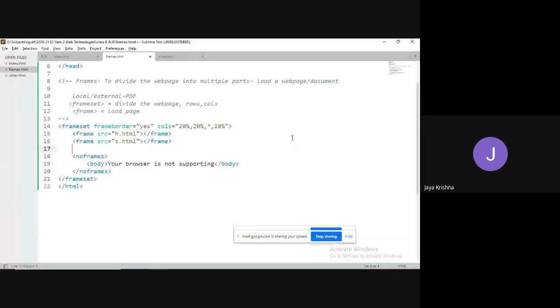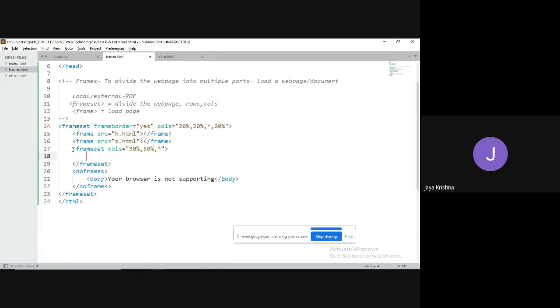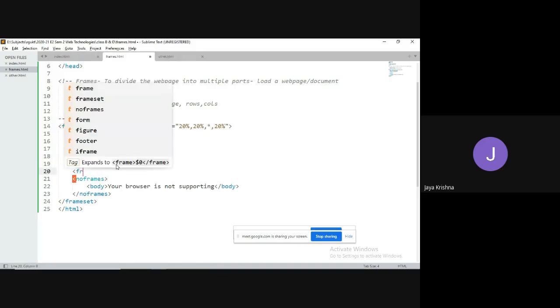So for that, what you need to do, you have to use division. You have to use division. That is why I'm taking a frameset. Frameset columns equal to how many columns I need to divide? I need to divide in such a way that 30%, comma, 30%, comma, for example 50%, comma, I'm going to write star. So this frameset is related to which information? This frameset is related to this star. Okay, fine. I would like to complete the last 20%.